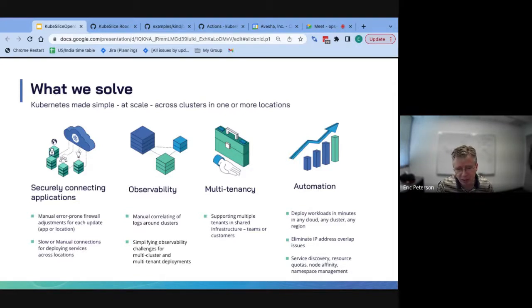And in the end, this has to all be automatable. We have to be able to plug into any existing deployment model, make it easy to deploy things very quickly. One of our advantages, again, is once you've got your clusters in place, we make it easy to connect them in minutes. And solving that address overlapping problem is an important piece. Makes it much simpler because we take care of that for you. So that's sort of a quick overview of what KubeSlice is doing.